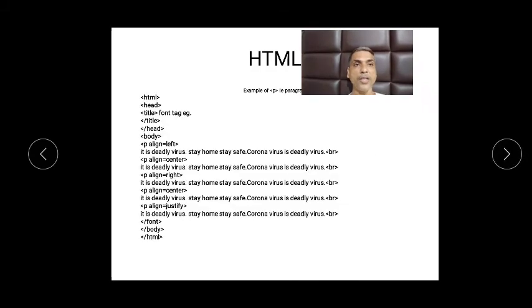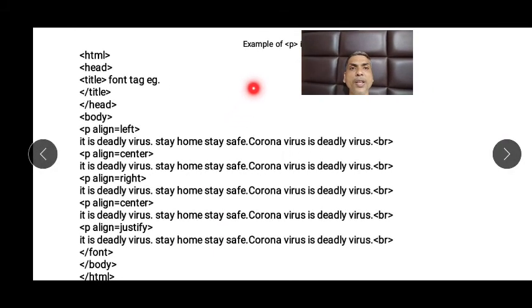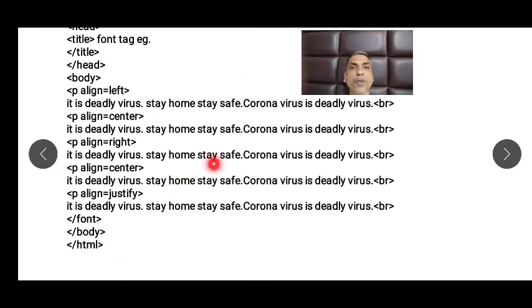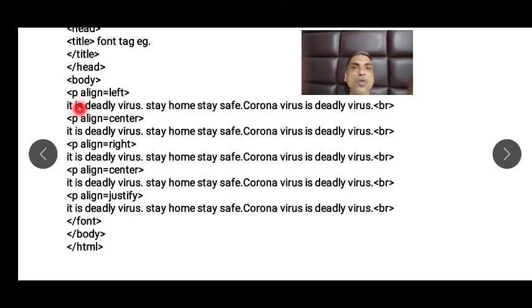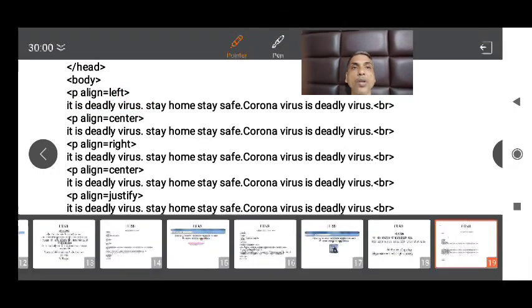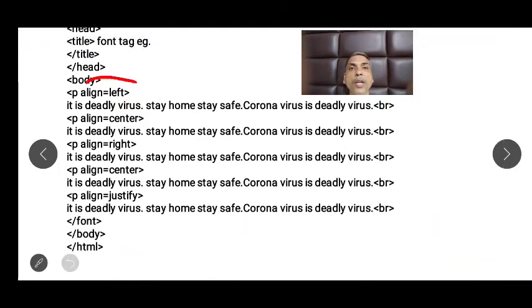Now let's take an example. In one example itself I finished everything because I just copied and pasted. Can you see the p paragraph tag with align equal to left? Here I have used align equal to left, here align equal to center, right, again center, and justify.